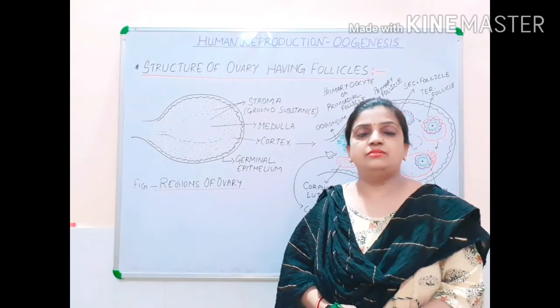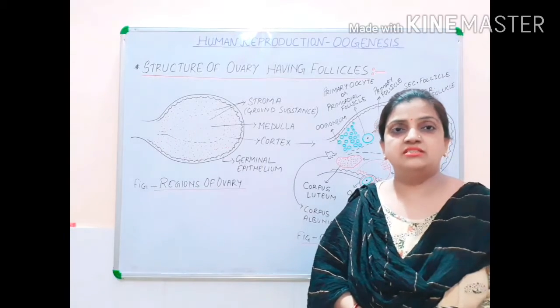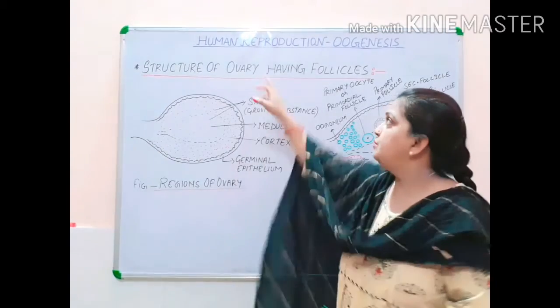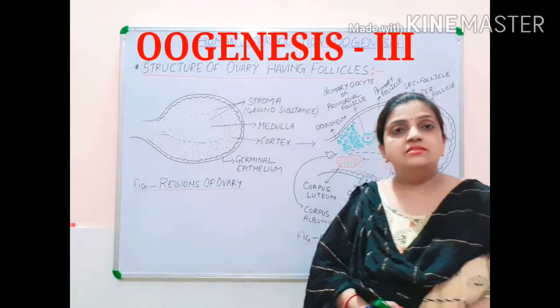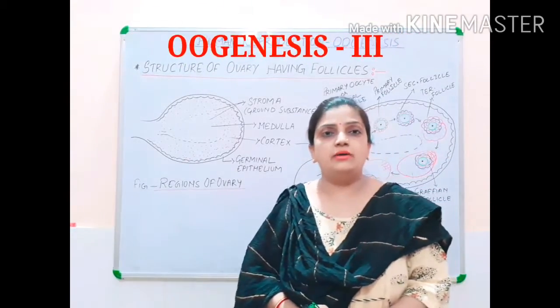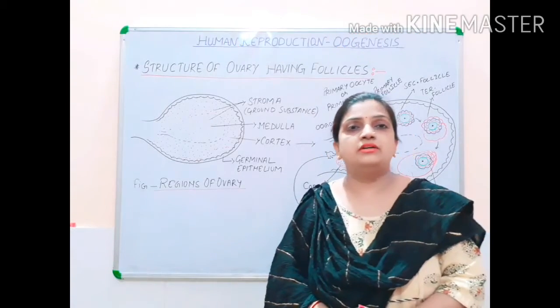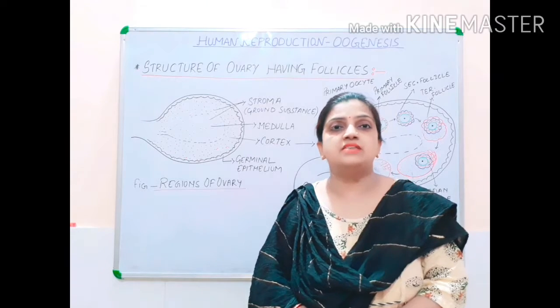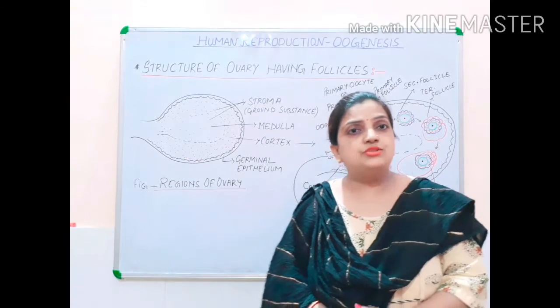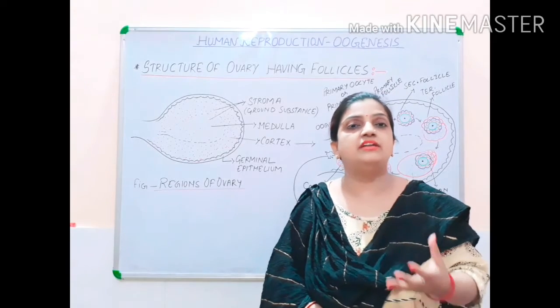Today again with the next part of the same topic, oogenesis, from the chapter Human Reproduction. Children, till now we have discussed how the ovum starts developing inside the mother's womb before the birth of a girl child. And today we will be discussing the structure of the ovary inside which different types of